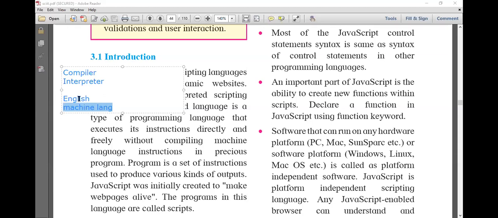So this conversion can be done by using the compiler and interpreter. Without a compiler and interpreter, we can't execute any program written in a pure programming language. If you are writing a pure Java program or a C++ program, then you must install a compiler or interpreter. Then you have to compile or interpret your program, otherwise you can't see the result on screen.